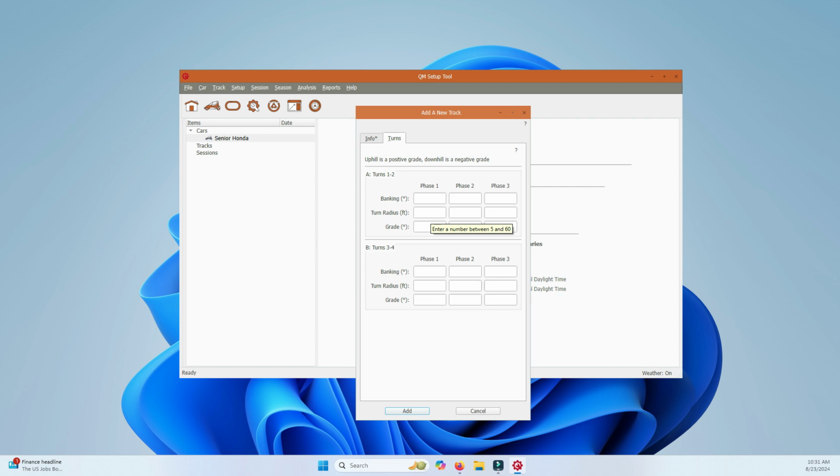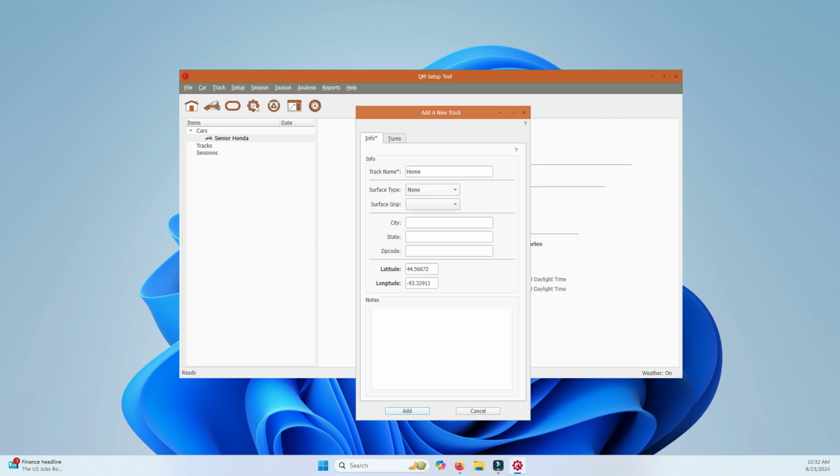Turns are just a convenience. When you want to analyze your lateral load transfer through the different phases of the turns, here's a convenience. We'll cover that in another section, another video, but just know that it's a convenience. You don't have to do it. This is typically all I do. Sometimes I do city and state just so I can remember where it was. And down here, any notes,